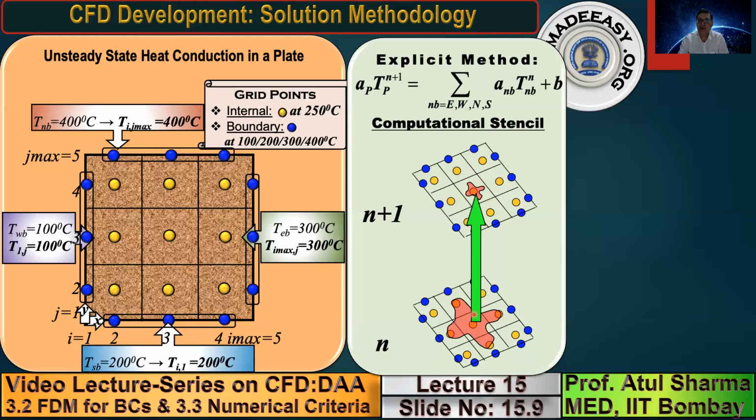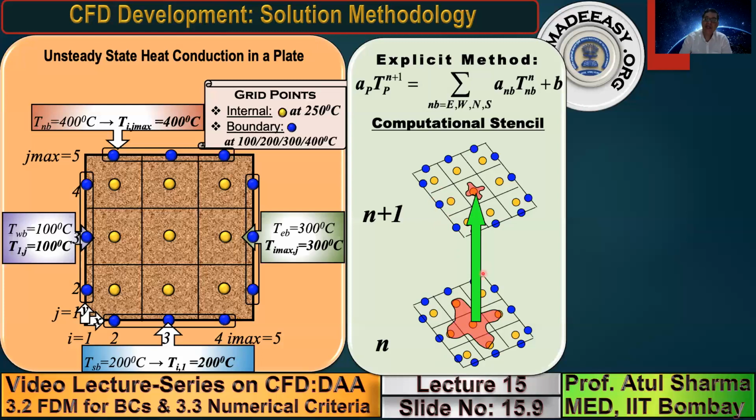Whereas in the implicit method, the temperature at this point is a function of its north, south, east, west, and there is only one point from the previous picture. In that case, there are 5 unknowns in an implicit method from the new picture that you don't know. So if there are 9 yellow circles, you will get 9 algebraic equations, but in each equation there will be not more than 5 unknowns. Why am I saying not more than? Because if you are applying it for the border values, and if you have a Dirichlet boundary condition, the blue circle values you already know. So the number of unknowns is reduced for the border point values.